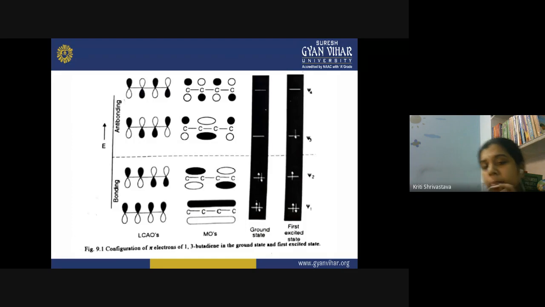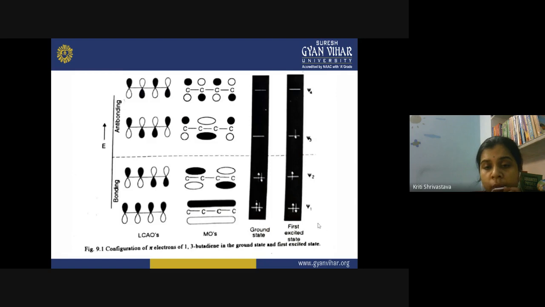Now, what happens if I provide photochemical radiation to the molecule? If I excite it, if I provide photons to the molecule, what will happen? This photon will transfer its energy to the molecule. And now what will happen? One electron from psi 2 will jump to the higher energy orbital. Like all other types of electronic excitations that we have seen, the electron occupies energy and jumps to the excited energy state. The unpairing occurs in psi 2 and one electron jumps to psi 3. This excitation is possible only in the photochemical case.